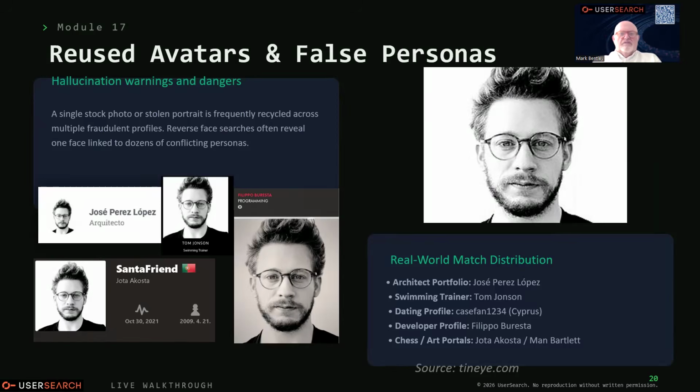And what you have to do is find the copy that has like or similar pictures of him on there. But where you see Jose Lopez, architect, Filippo Baresta, programming, Santa Friend, Yota Acosta, it's where they've just used that picture or gone to Google and found it. It's really easy to find. But none of those are his name.